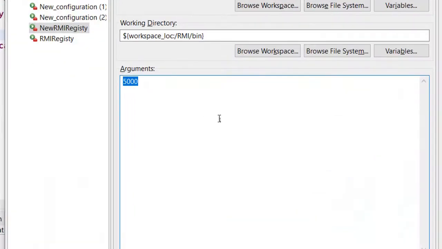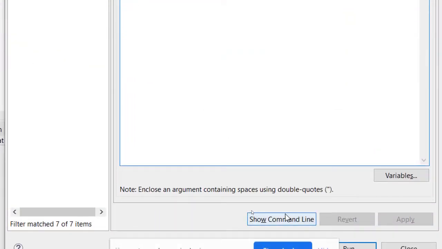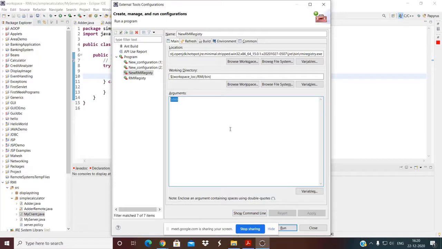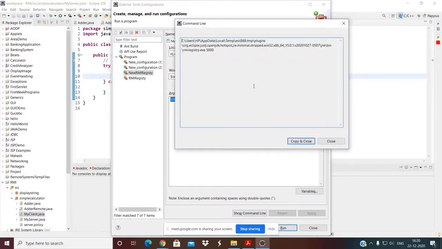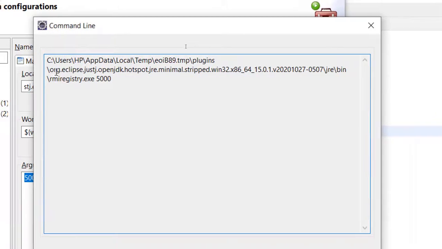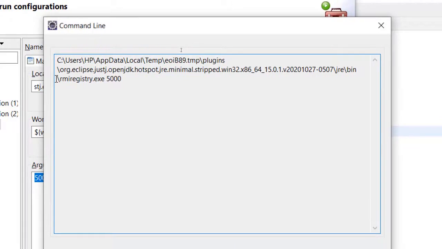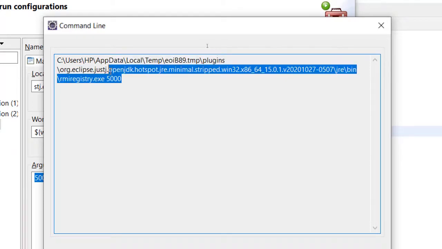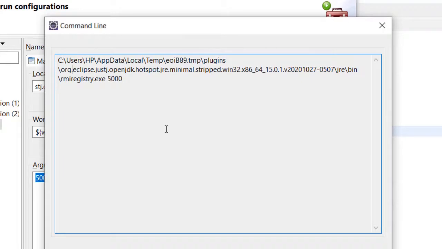Remember this. If you really want to know the command line to actually run this RMI registry, it looks like this: rmiregistry, then a space, followed by 5000. If you are working with the command line, you would go to the bin directory, find rmiregistry inside it, and type rmiregistry.exe space 5000. Optionally you can use the ampersand symbol to run it in the background. Of course that works only in Linux, not in Windows, right? So you need to run this command if you are using the command prompt.